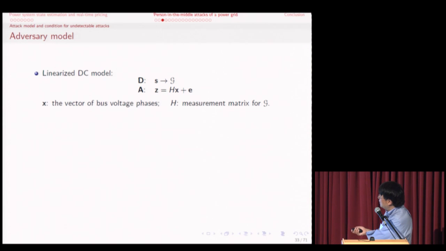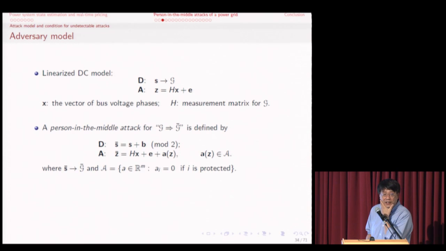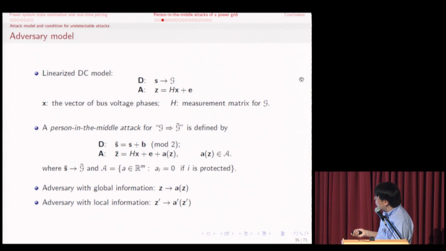It's an extremely simple idea. So if you have the digital data, and suppose you have the correct network topology, and if we look at it locally, it's a linearized model, the so-called DC model, your measurement will simply be a linear function of the state plus additive noise. What if someone introduced an attack? You can introduce an attack by changing the digital data and creating a different topology, or you can add a perturbation to your measurement so that the control center will simply operate on a wrong set of data. So now your question is what kind of perturbation you should be able to introduce to cause possibly the largest possible change of